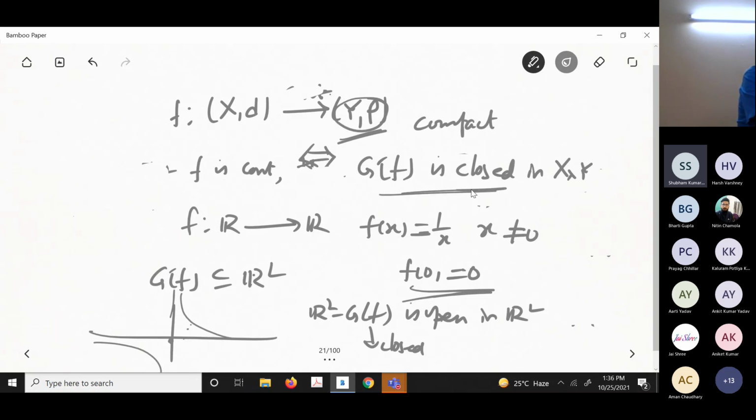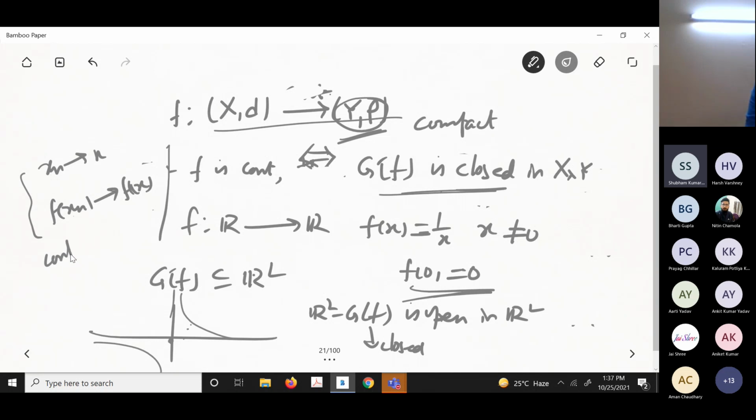if your graph is closed, think about it. Then this kind of situation I cannot have. So I am leaving it to you. First do the problem. It won't be difficult. You can use the sequential characterization, because you are doing it in a metric space. When you want to show the graph is closed, you want to show that x_n goes to x implies f(x_n) goes to f(x). Here is one hint: you'll have to show this. Suppose this is not true, and do it by contradiction.